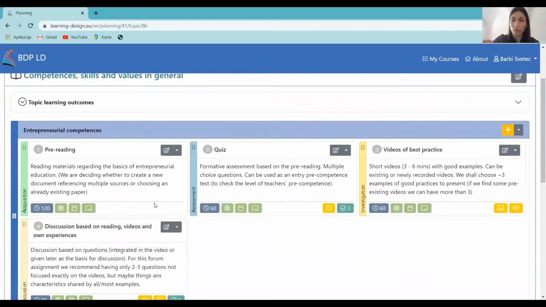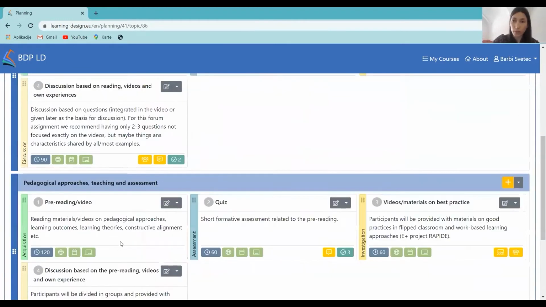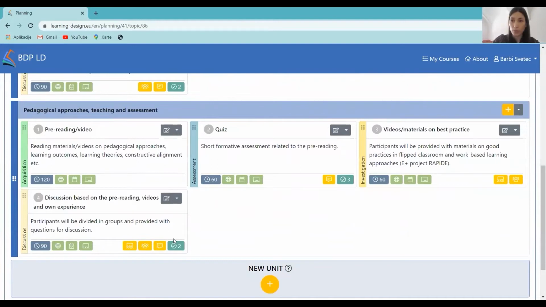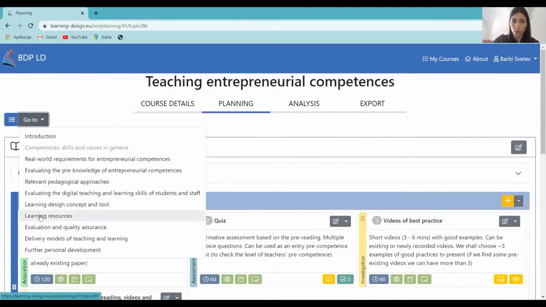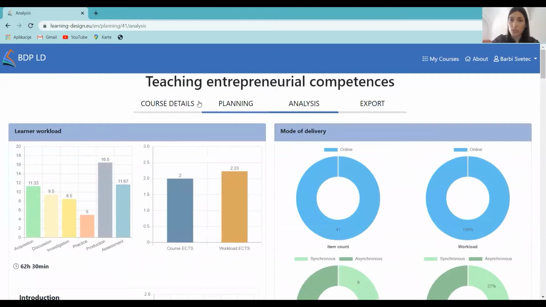So this is an example of one activity, and we can, in the same manner, plan all the other activities in all the other topics, which contribute to, of course, the entire course. After we've planned all the teaching and learning activities within all the topics that you can see here on the list, we can go to the next tab, which is the analysis.